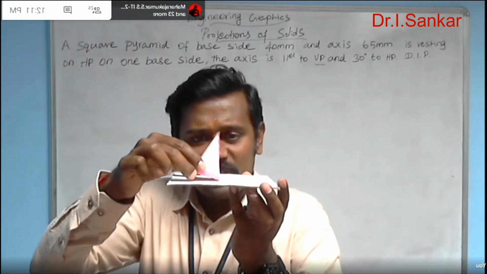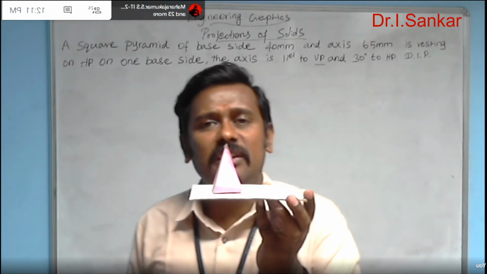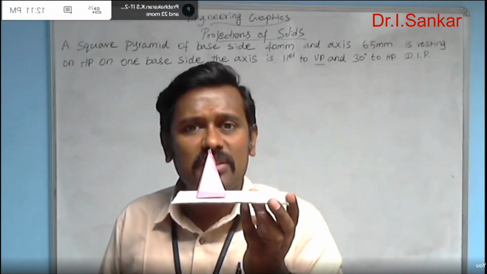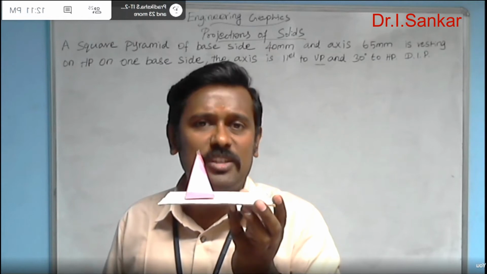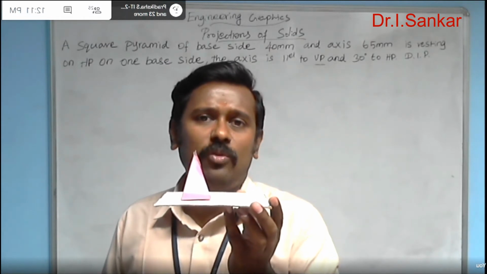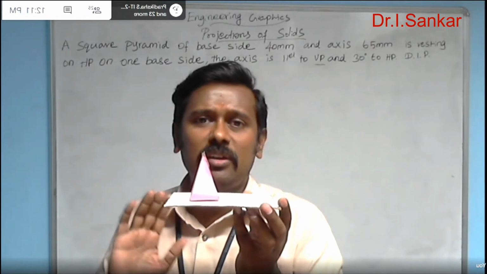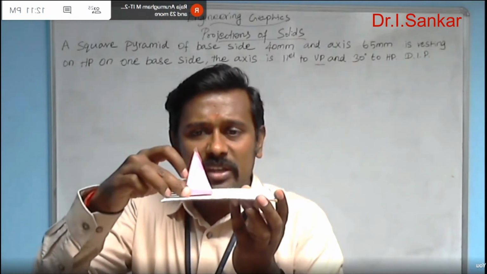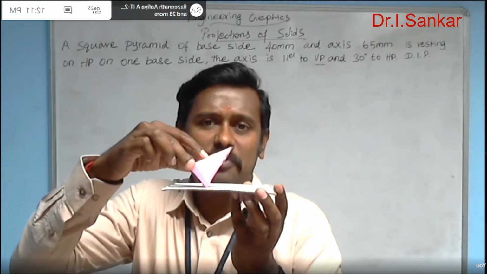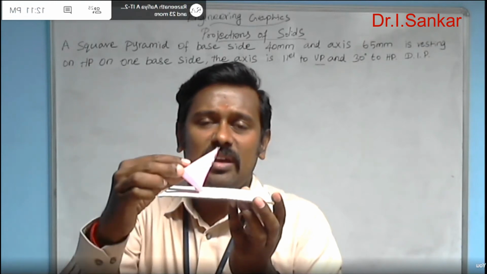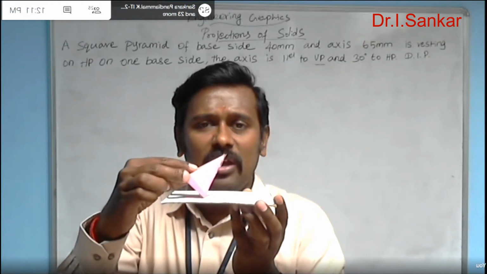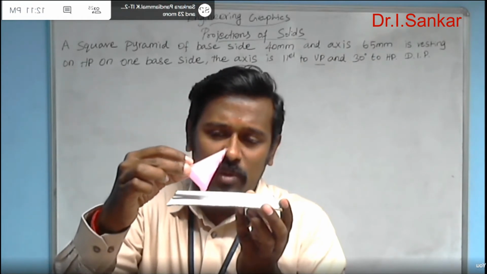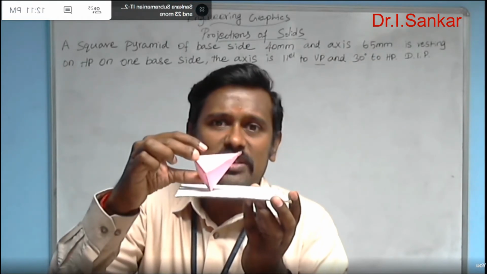If you have the solid like that, what about the axis condition with respect to the current standing condition? Now the axis of the solid is perpendicular to HP and parallel to VP. But what is given in the question is that the axis is not perpendicular to HP. It is actually inclined 30 degrees to HP. When you make the solid axis 30 degrees inclined to HP, definitely it is possible to have it rest on HP by one of its base edges or one of its base corners only.